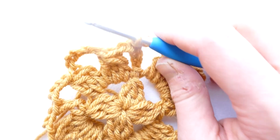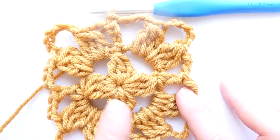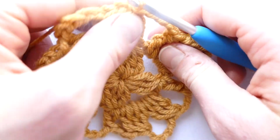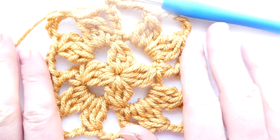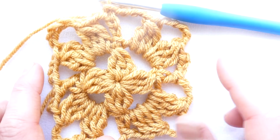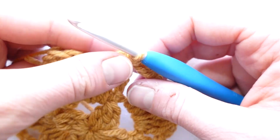Now for round 3, we are putting single crochet stitches around the entire edge of our square, except for in the very corners we will still be doing some chains. This is to give it some structure where our petal layers make the square a little bit floppy. The 2 rounds of the square where we do solid stitches, single crochet here and then half double crochet in the end, give it some structure. So I'm going to start by